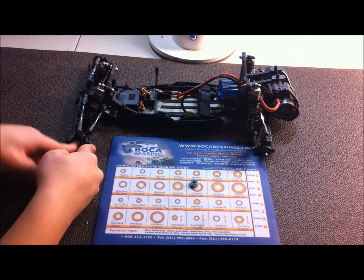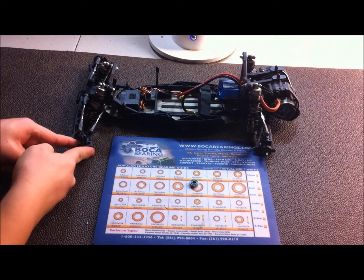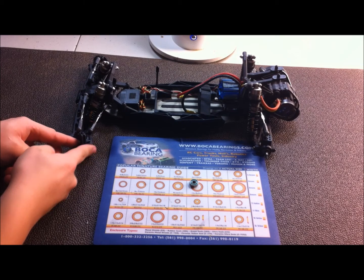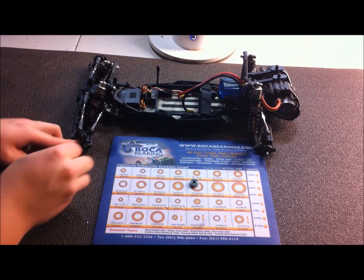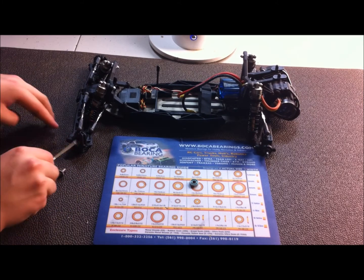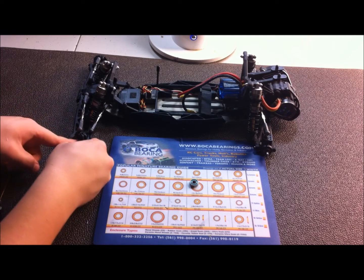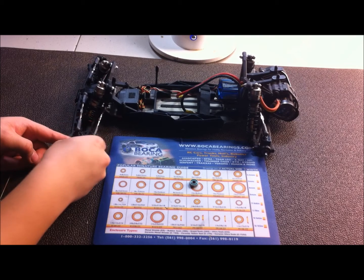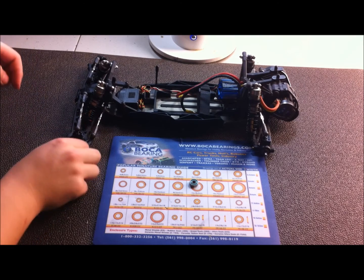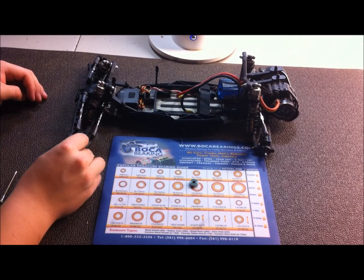You can start it with your fingers. It's a little bit hard because there's not a lot of space back here. Once you get it started, you can, there we go, a better way to put this in. There. Once that bearing's in, we're going to take our hex again, put our hex back in,